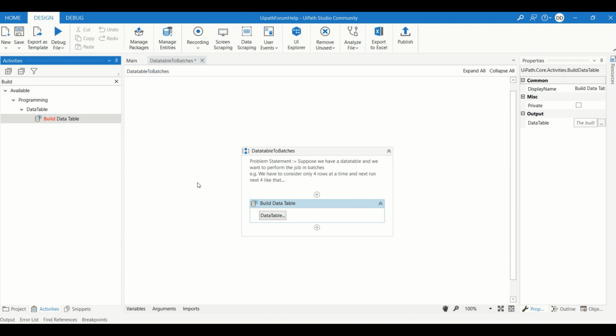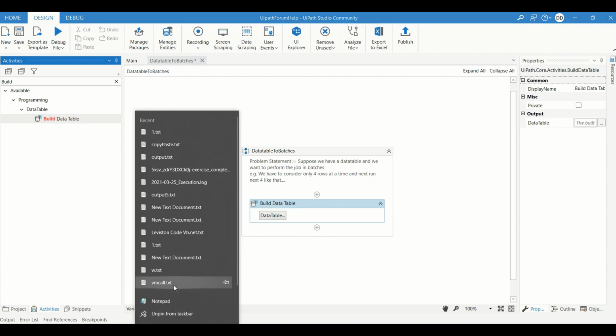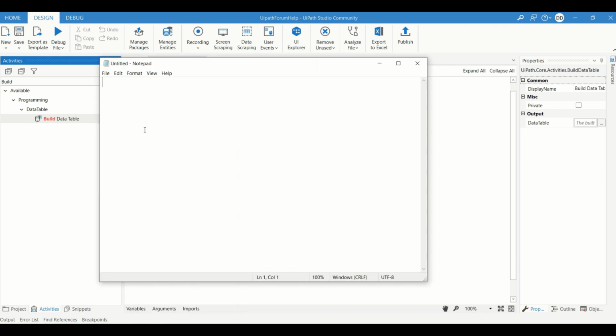Now what do we have to do? Suppose we have here 10 rows. Suppose we want to create batches of 4, you can take any number.